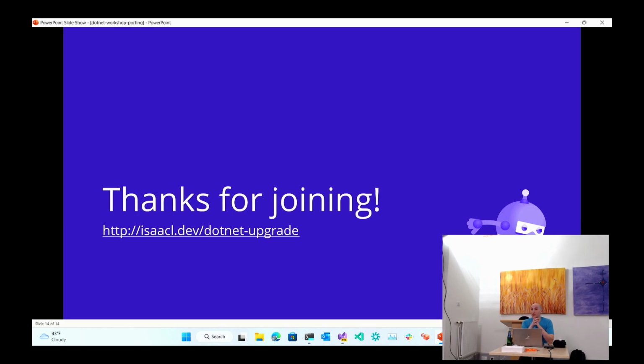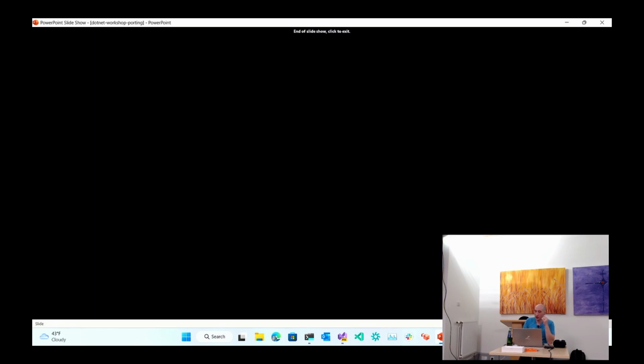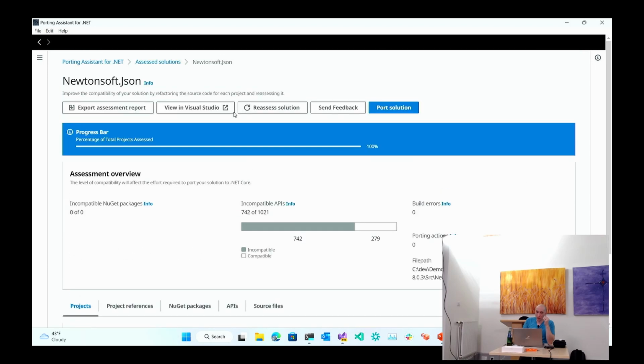Again, both the tools work. I think it's a matter of taste, right? Do you like the feeling of going through that interactive mode with the command line? Or, the number one value prop that I have for the Porting Assistant is you can open it up and export a report, right?